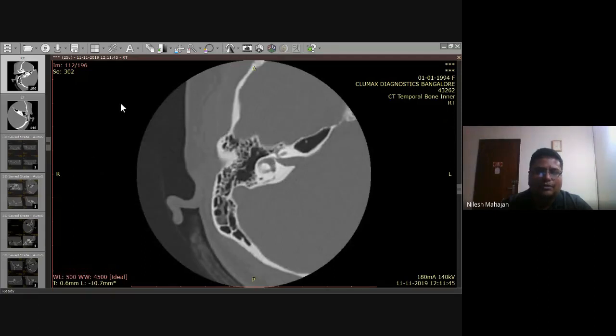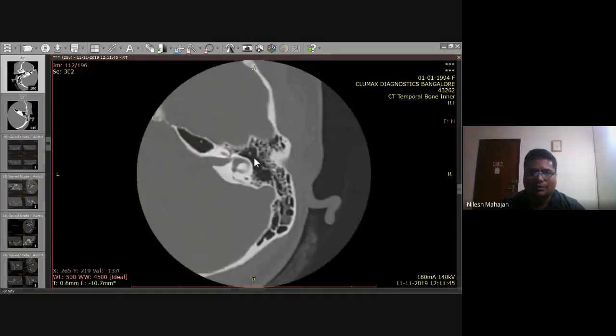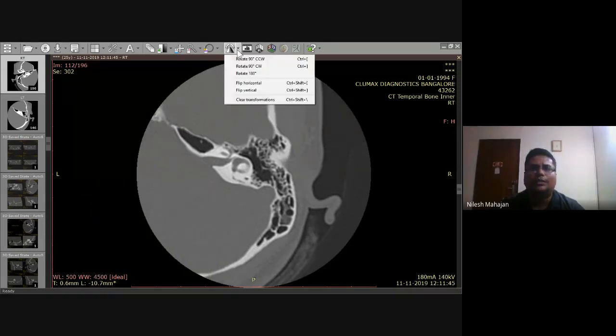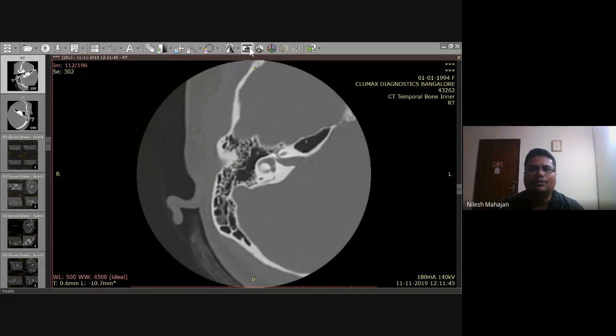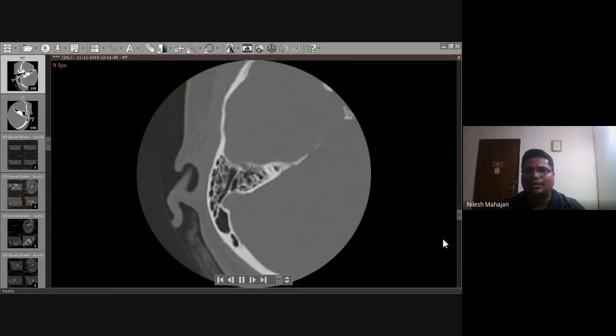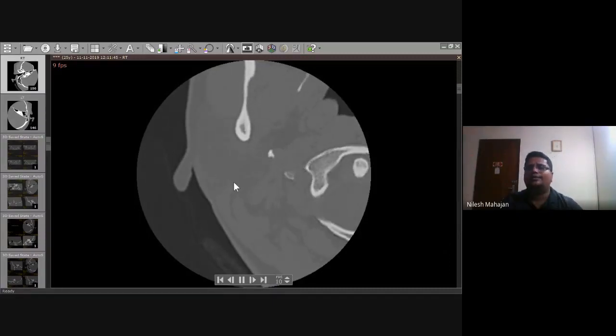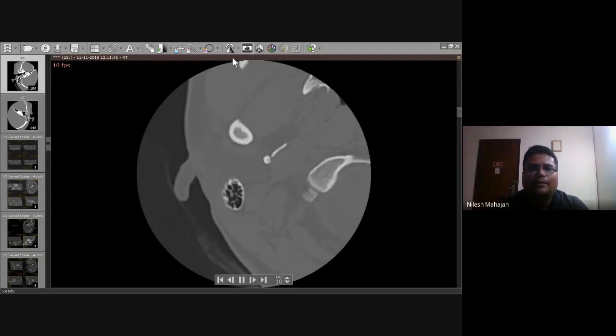Okay, so this is the default it has been given, that this is the right temporal bone. So R is here and L is here. Though you will flip it, it will flip like this. So this will become your right temporal bone only. It is not like that if you have flipped, it means it is the left temporal bone. Then if you want to record and send to your colleague, you can just record the whole thing and you can send it to your colleague for review.